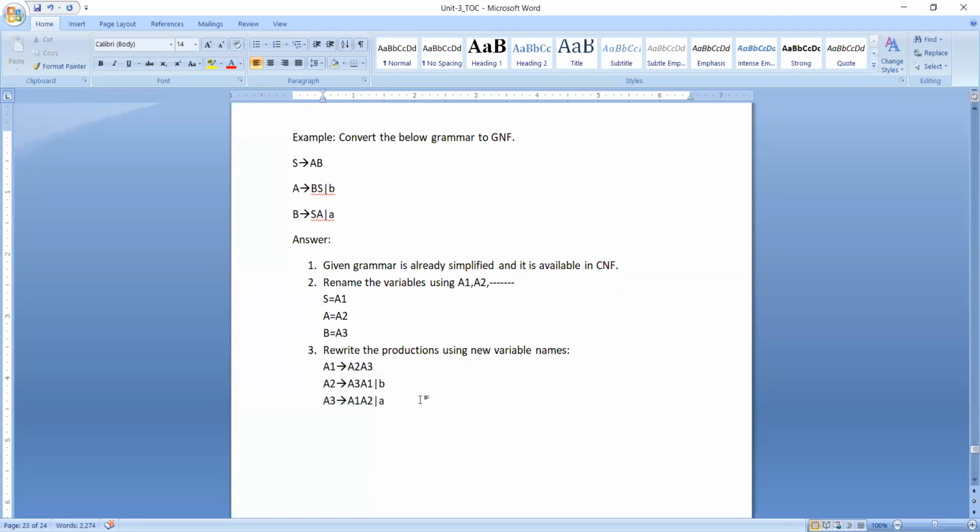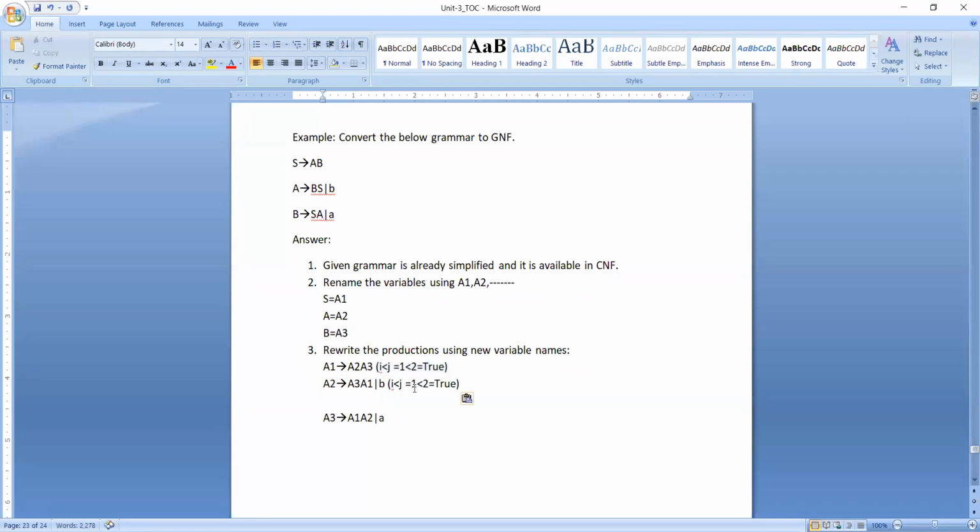Now we need to check whether all our productions are available in our required form or not, such that i is less than j. So here we check whether the i less than j condition will become true or not. So here what is i? i is 1, and 1 is less than 2. Now the condition is true, so no changes are required for this one. Now let us go for the second production.